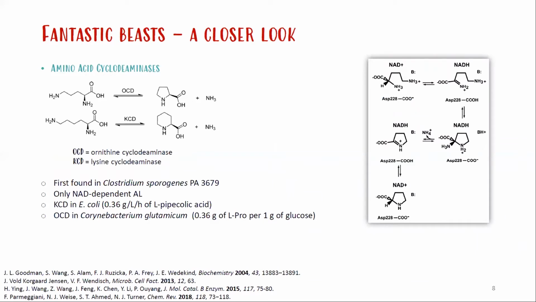Another interesting subclass, and again, unrelated to previous one mechanistically, are cyclodeaminases. So what happens here is, if we take a look, we have, let's say, ornithine or lysine, depending on the